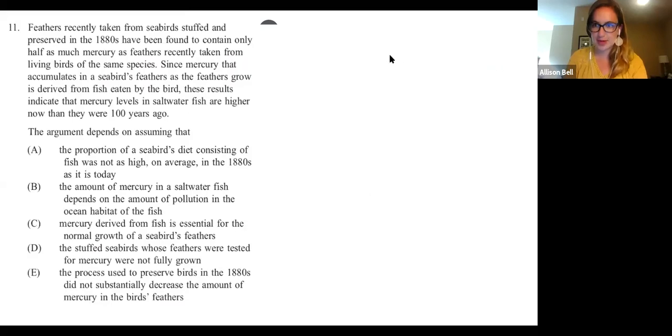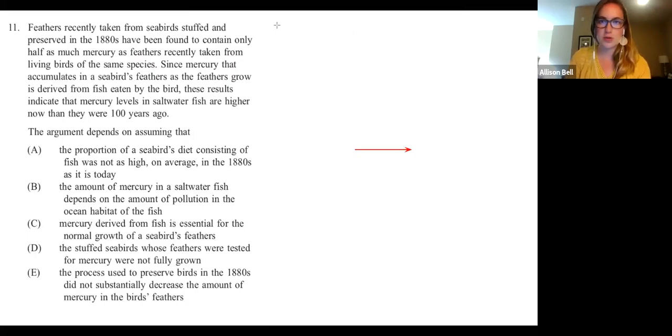Okay. So it looks like we've got room for a little bit of debate on this one, just like the last one. I see some strong opinions there. Okay, so the first thing that we would want to do, as before, is break down this argument. And anytime there's some sort of comparison going on in an argument, I want to be really thoughtful about how I break it down and make sure that I'm attending to the details.